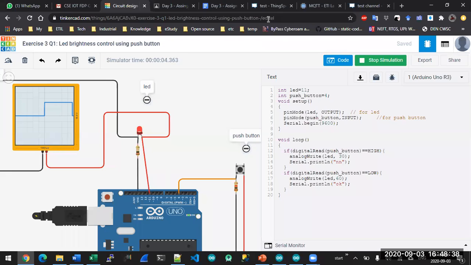All participants are unmuted. If you want to say anything, you have to simply unmute yourself. Anyone who wants to ask any questions, you have to unmute yourself. I think someone has raised a hand earlier.